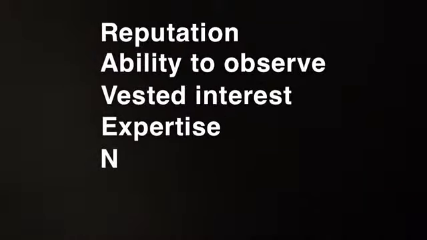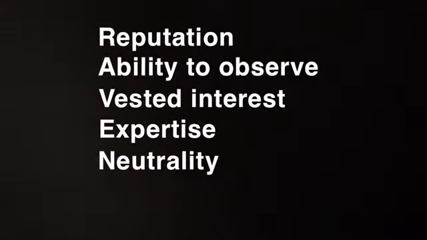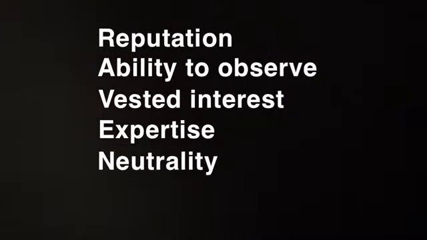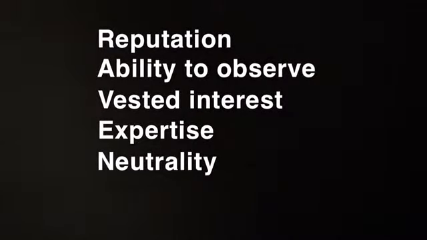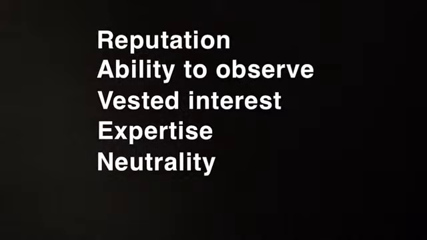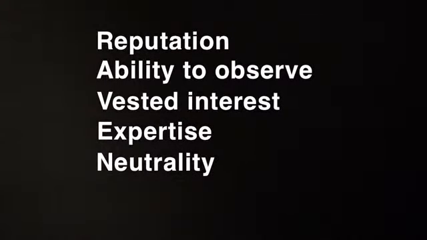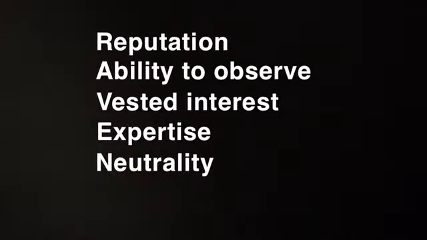The V stands for vested interest. What personal interest does the author have in the issue, and what could they gain by making you feel a certain way? E is for expertise. Did the person go to a renowned university and get a degree in the subject, or are they just somebody who's interested in it? The final letter of Raven, N, stands for neutrality. Is the author politically affiliated, or do they work for a news company that might be politically affiliated? These are important questions to ask because they can have an impact on what the author is saying.